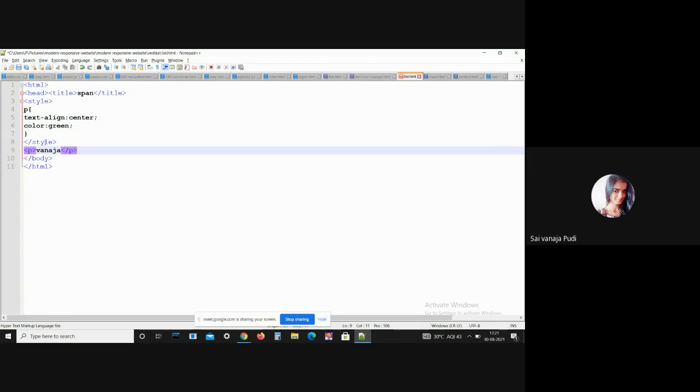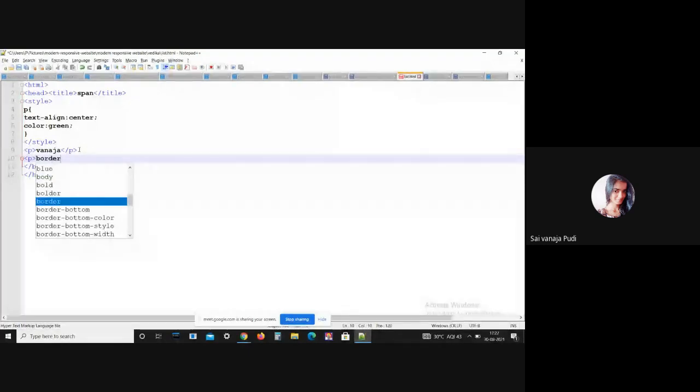Here I wrote something like, let me give a paragraph. Here let me give border radius, that is 25%, and here I'm giving a percentage.